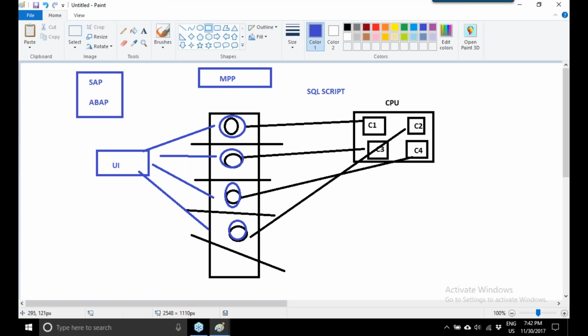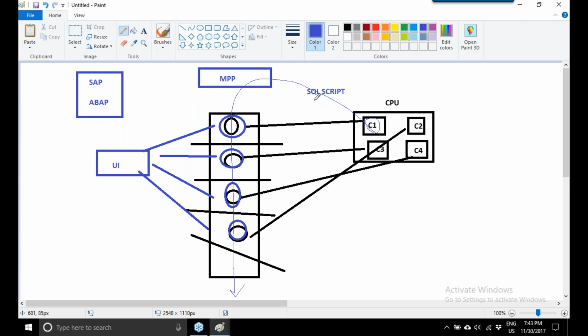When you process in ABAP, one core will try to process the entire program. It does sequential processing.